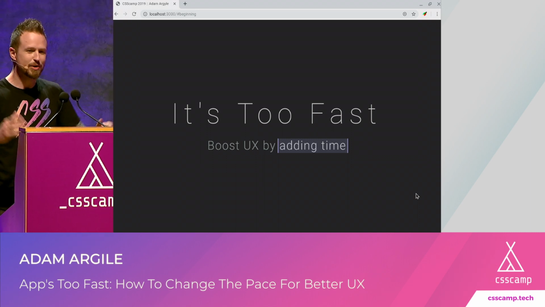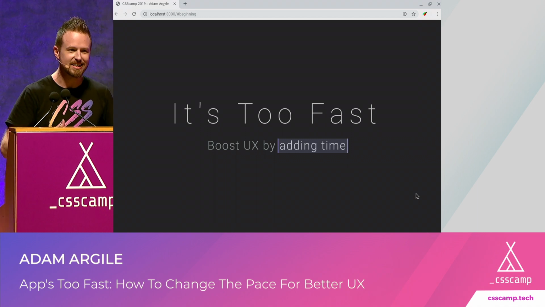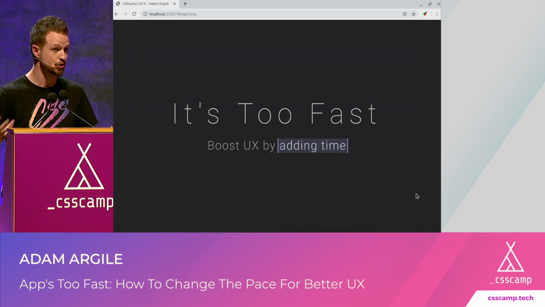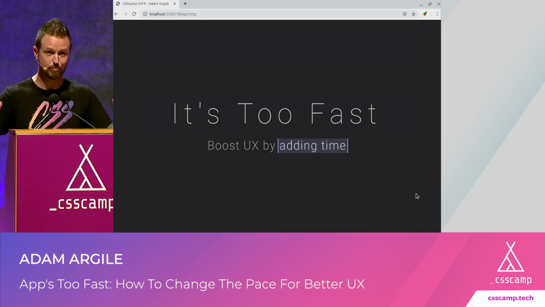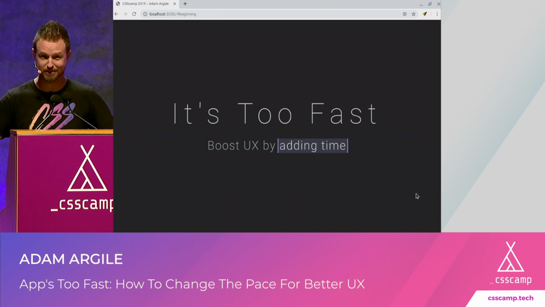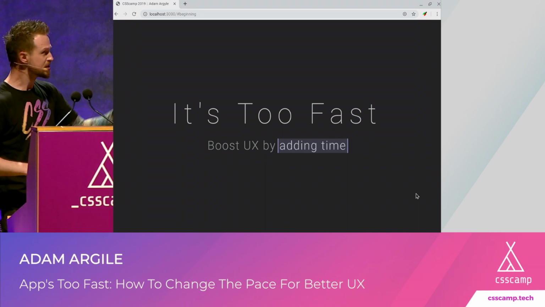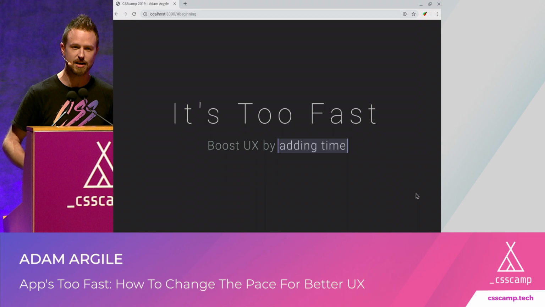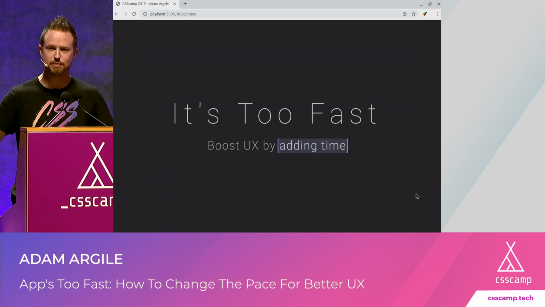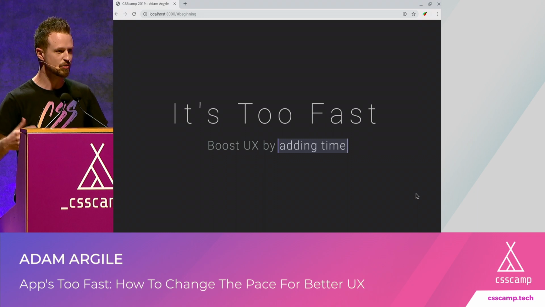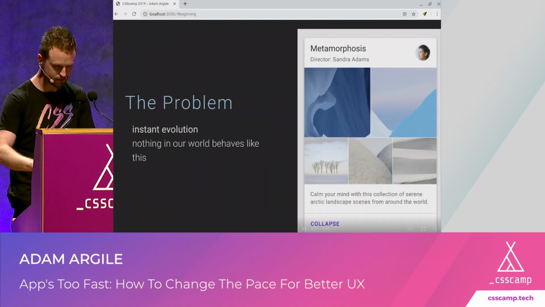So anyway, what we're going to talk about is how I think that's too fast. I think it's not sustainable. I think it's really enjoyable, and I think we've come a long way, and performance and speed are super valuable, but we can do better, and that's what I'm going to talk about. So we're going to try to boost UX by adding time. CSS, I think, is our time management language. JavaScript has timeout and stuff, but I think CSS is the one that really helps us manage time.